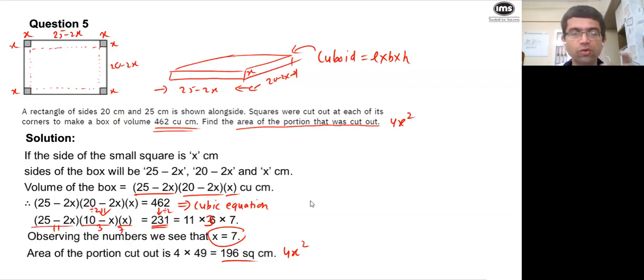X is consistent, correct? So you will have to mix and match so that 10 minus x will be one of them and x will be the other of them. Hence, 3 into 7. If you do 7 into 3, just swap the brackets and you will still get x as 7. Is it okay to divide part of LHS by 2 and not all of it? See, if you divide, then you will have to divide on both sides, or don't divide. Correct. So either you retain 462, you will still get the answer.